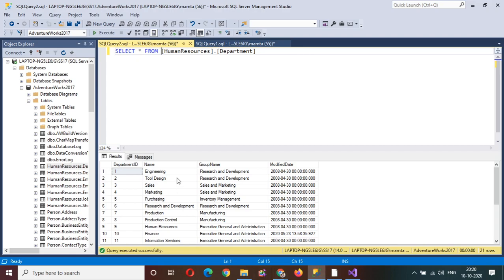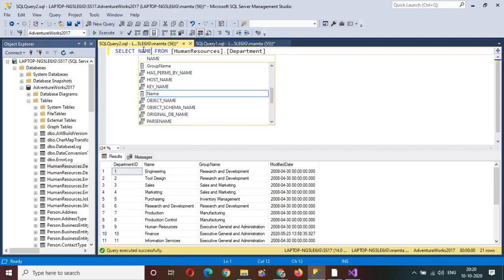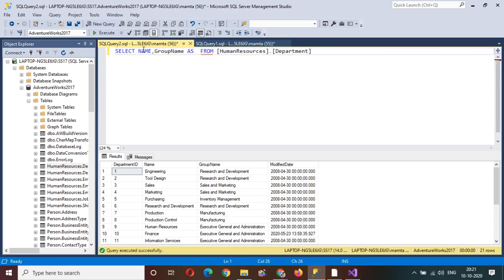So let's understand. Let's create a simple stored procedure. First, the data we are going to show in the SSRS report is from the department table. I'm going to have only two columns. I wanted to display only two columns in my SSRS report, that is name and group name. But I wanted this to be as department name.